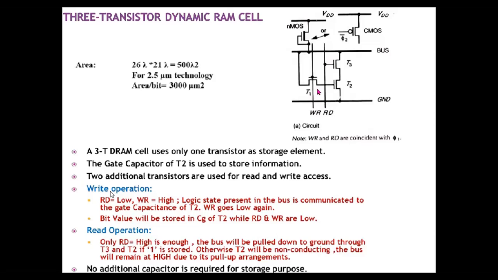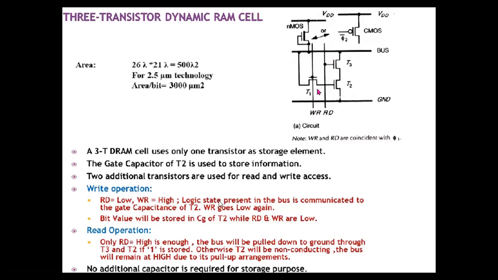Okay, so now dealing with the write operation. Here my aim is to write some information into the cell. As I told, these two signals, write and read, are mutually exclusive to each other. Hence, for the writing operation, I'll be activating the write control signal, and I'll be keeping the read signal low. Hence for the write operation, the read will be maintained low or 0, and the write signal will be activated, or write signal will be logical 1.